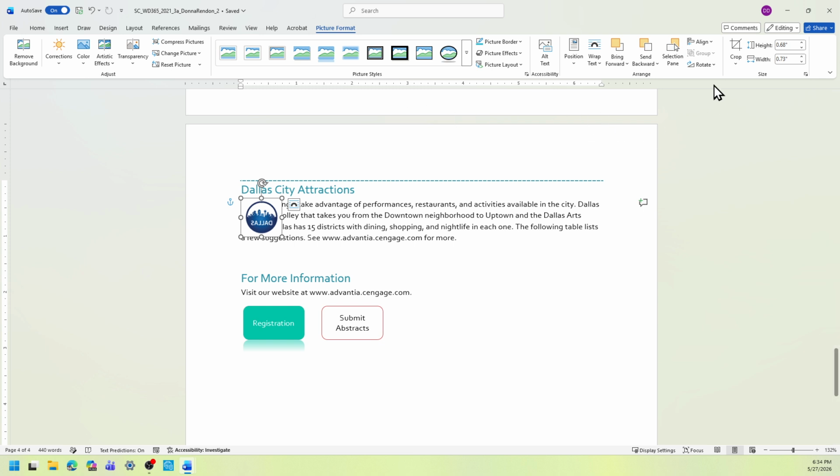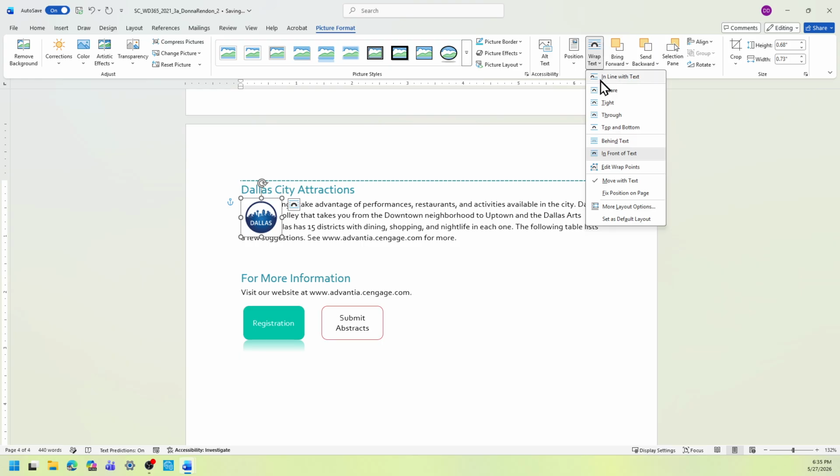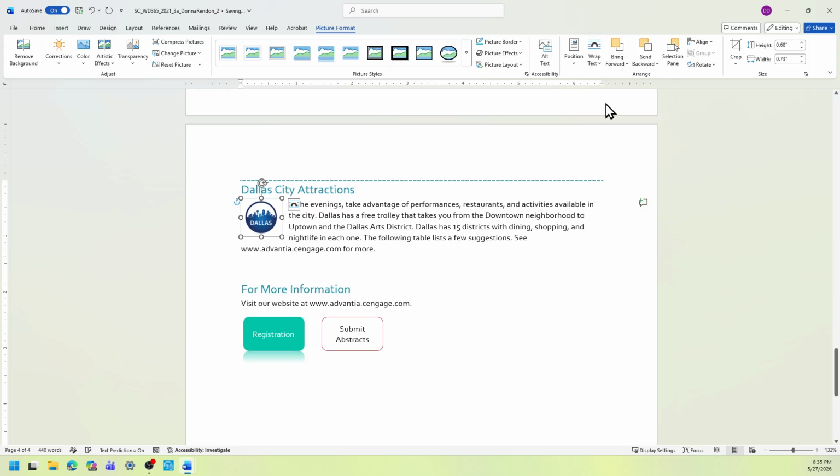Again, that's in the rotate drop down menu under the arrange group. Flip it horizontal. So now you can read the word Dallas. And then change the text wrapping to tight. So the text wrapping is under the arrange group. See this drop down menu and then select tight.